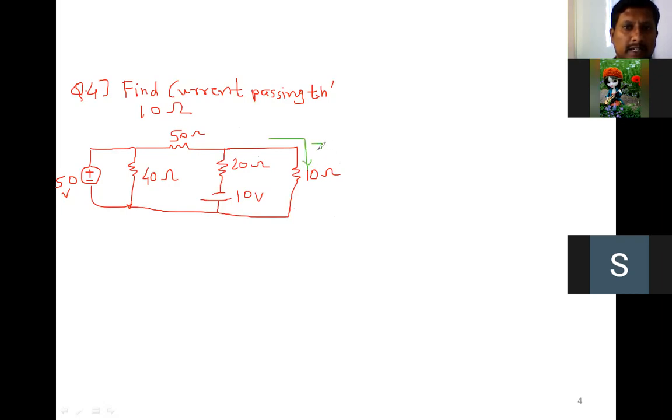So I will give the name as I0 or I10. I10 we can take. Same example is there. Somewhat changes will be there. So here polarity has changed. Negative plate is at upper side, positive plate is at lower side. That is the one thing. Values do not matter. And here the 50 volt, suppose in the previous problem, along with there was the resistor, and in between there is a current source here. So the diagram has some changes.